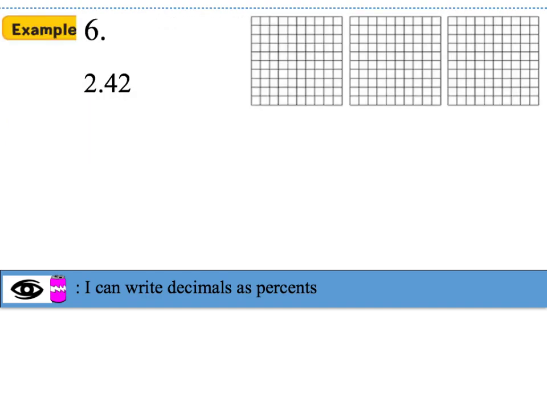So let's write 2.42 as a percent. I know if I want to make a decimal look like a percent, all I have to do is multiply it by 100. So I'm going to use my shortcut. Since I'm multiplying a number by 100, the number is getting larger. So I can move my decimal 2 spaces to the right since it's getting larger. So 2.42 is equal to